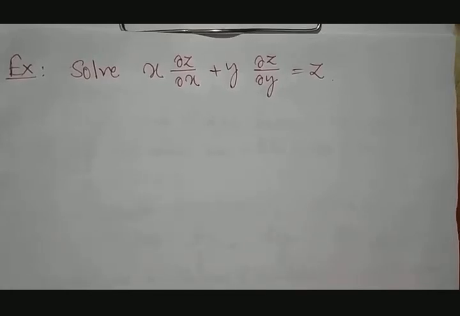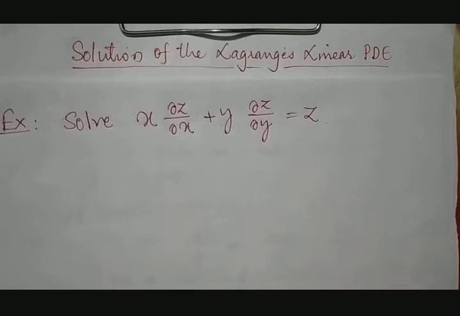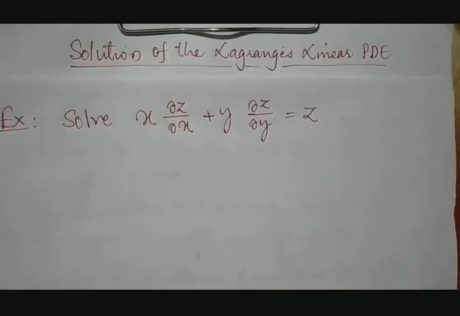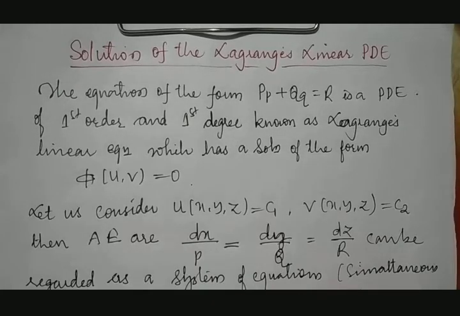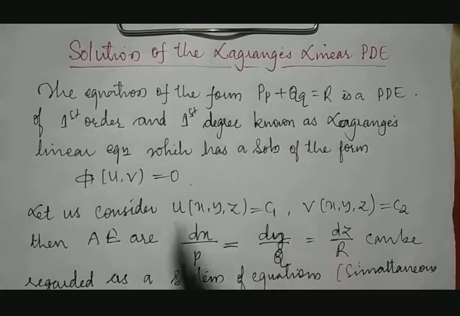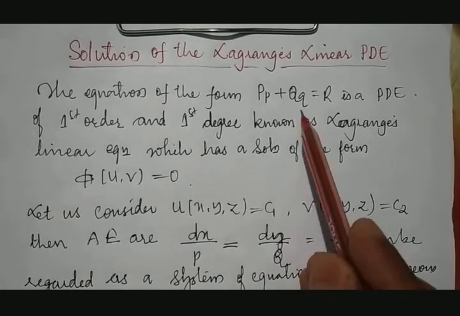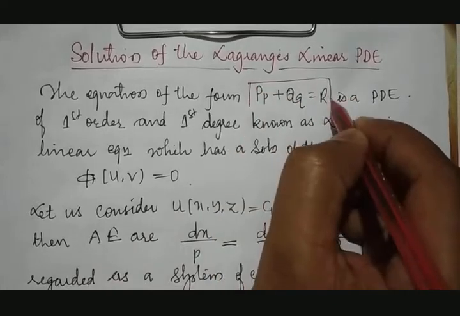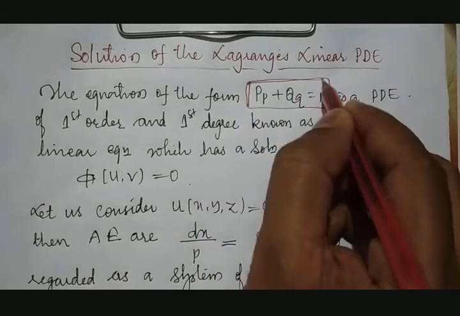Today we'll discuss a concept, solution of Lagrangian linear partial differential equations. What is the meaning of Lagrangian linear partial differential equations? How do they look? If any of the partial differential equations is in the form Pp plus Qq equal to R, this is very important. This will be its format, the original form of a